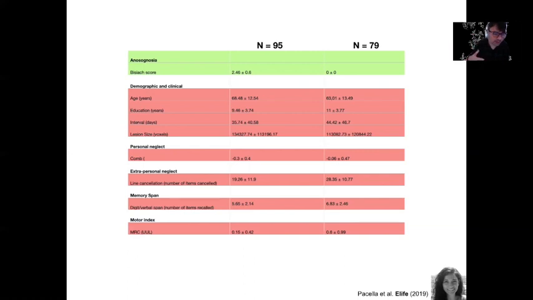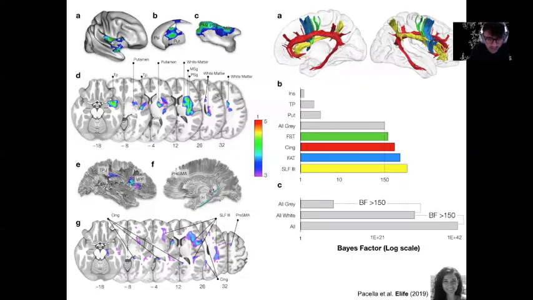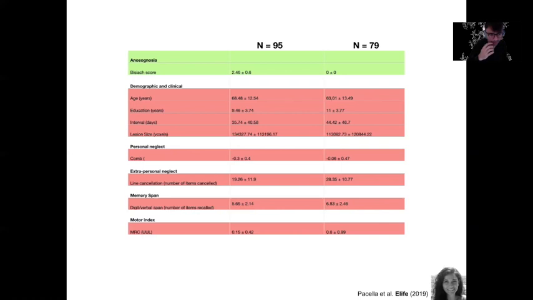The personal neglect, because you can have neglect of your own body, the extrapersonal neglect, because you can have neglect of the external world, and this will be different from anosognosia. The memory span, because you want to be sure that the patient has enough working memory to manipulate concepts, and the motor index, because you don't want the severity of the motor impairment to have an impact on your anosognosia measure. So if you do so and you look at